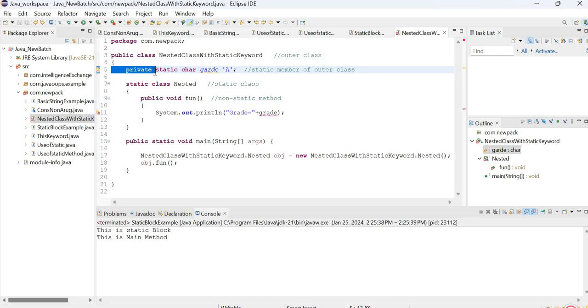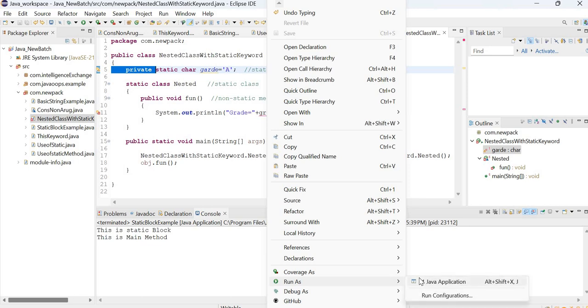So we have declared the outer and nested classes. In the outer class, we have created a static member which can be accessed by the static class. As we know, a static member can be accessed by the static class only. So in the main method, we have created an instance of the nested class without the instance of the outer class, as the nested class is static. So what I'm trying to use is, in this outer class, I have created one variable that is grade A. The first time, try to compile this, you will understand the error. Okay,